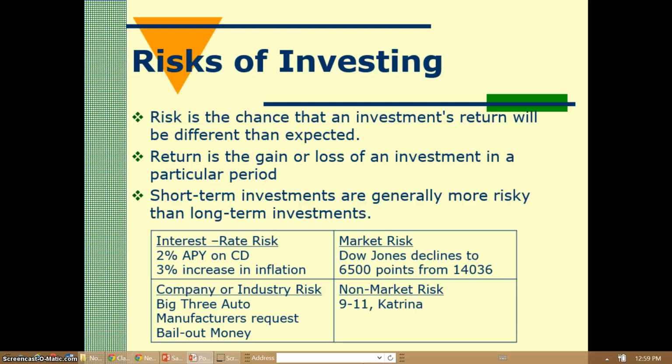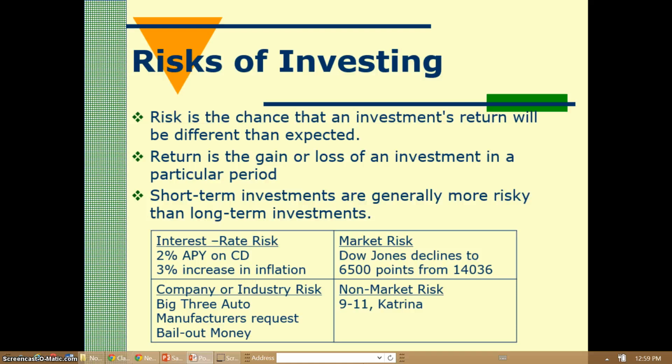So different types of risks that we're going to talk about are interest rate risk. So we know, we investigated through savings, that savings and CDs have a pretty low APY. So they don't bring a lot of return on your investment. So if inflation does not grow at the rate that those CDs do, then you could be losing money in those savings accounts. So when the interest rate is less than what inflation is expected to be, you may be